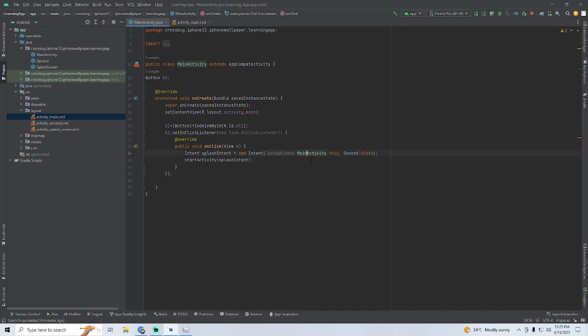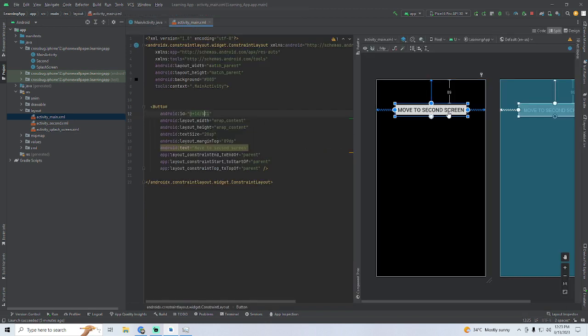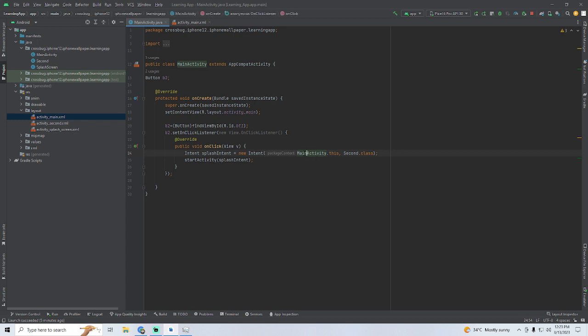What is this? This is the activity you are moving from. We are moving from the main activity. To which activity are we moving? We are moving to the second activity. Whenever a person clicks on this button, it will go from the main activity to the second activity. Then startActivity splashIntent to start. Whenever the user clicks on it,